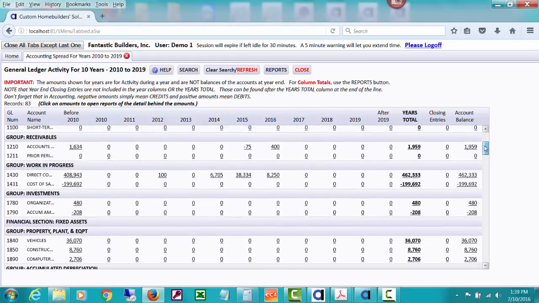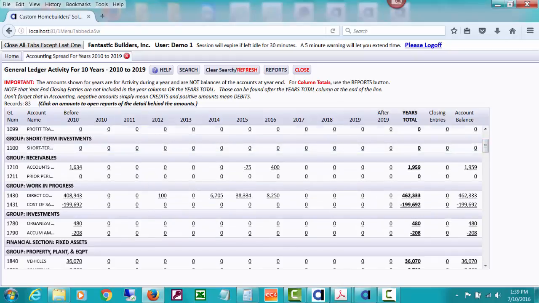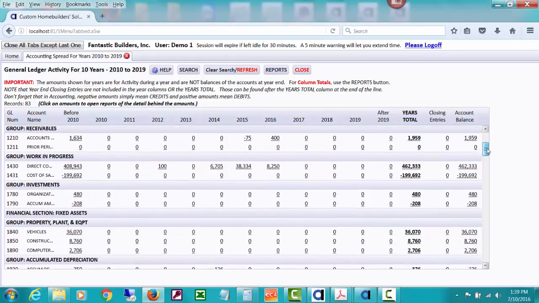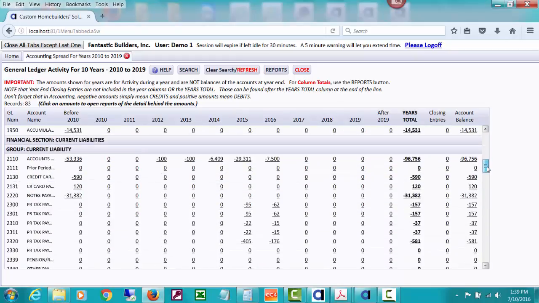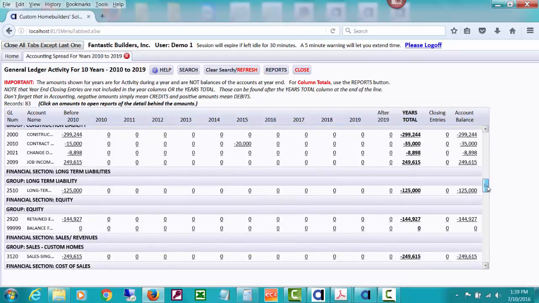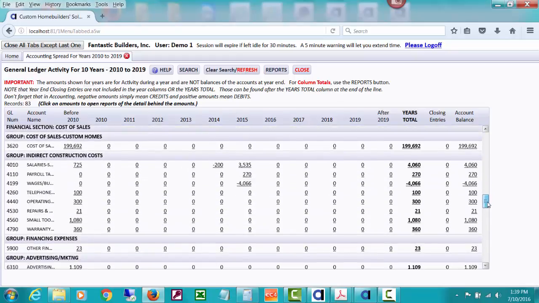So you can see what's going on here is here's the year 2010, 2011, 2014, and here's a group of your accounts and the names of the accounts. Here's the group property, plant, and equipment. And like I said, I don't have hardly any data in here other than some weird demo data that I did. But you can get the idea that you can see all of these and then print a report